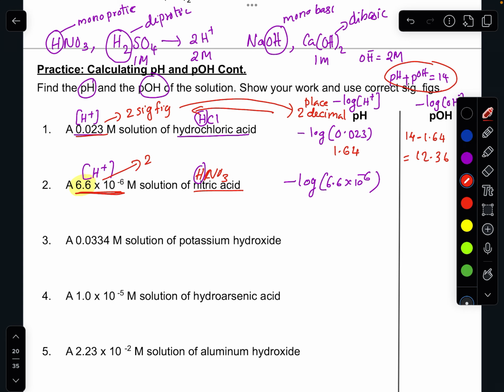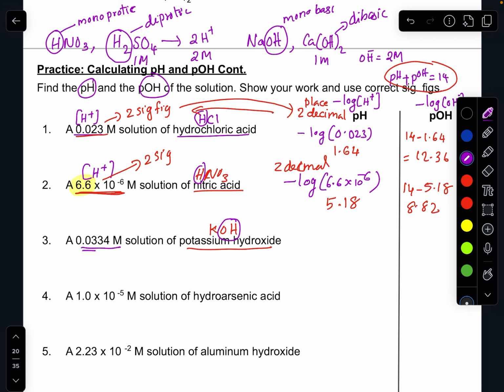This one has 2 significant digits, so we need 2 decimal places in your answer. So your answer will be 5.18, and the final answer will be 14 minus 5.18, not the final answer, the pOH, and that will be 8.82. Okay, so the next question, it's given a base which is potassium hydroxide, and that is a monobasic, so